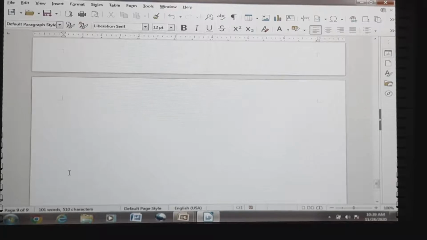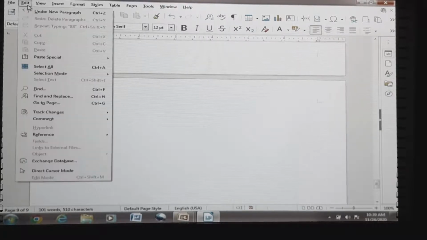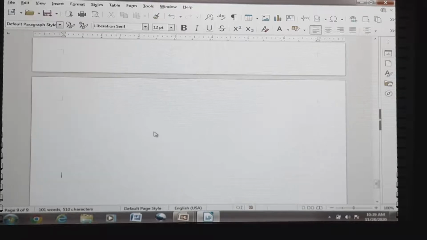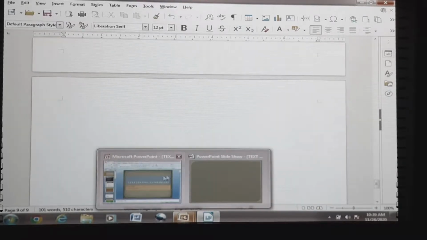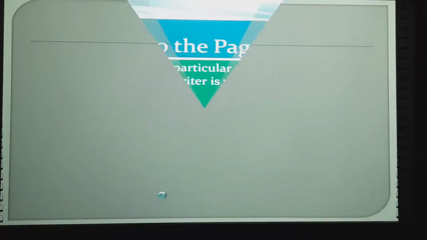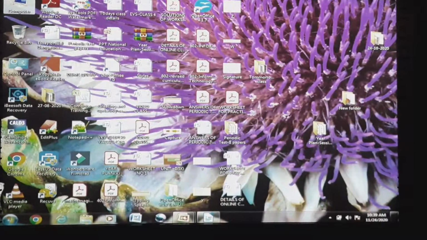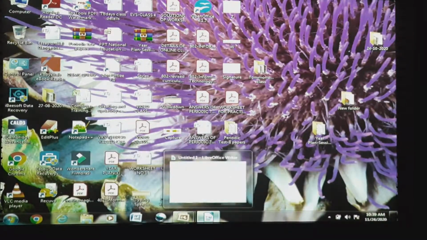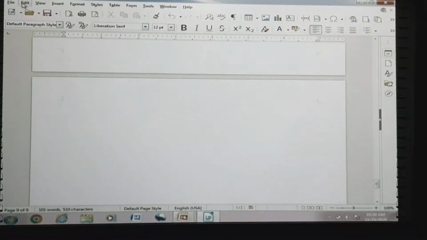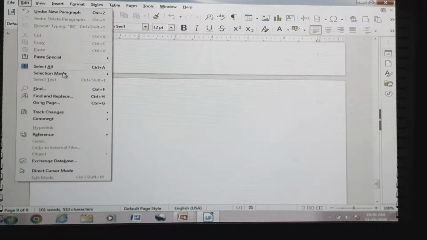In order to do so, go to the Edit menu, and from Edit we need to check for Go to Page.